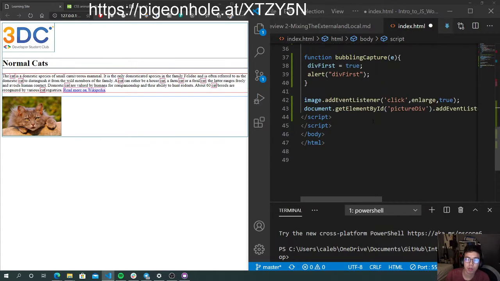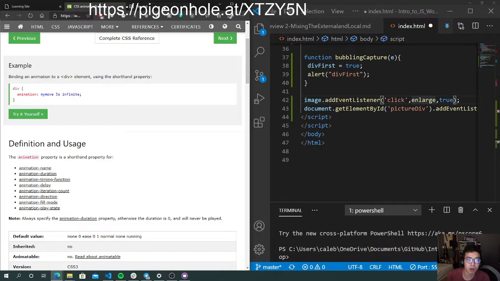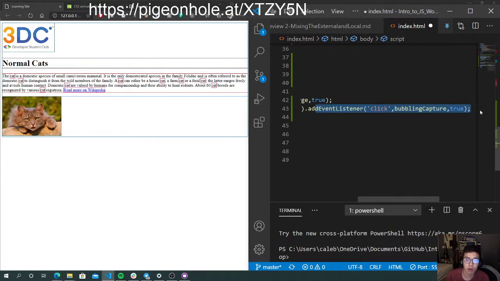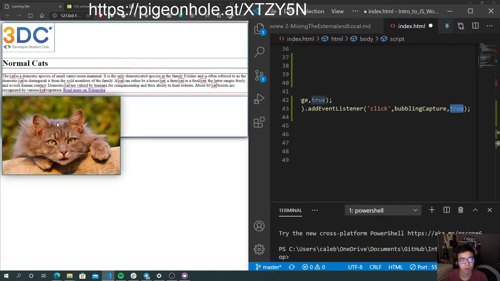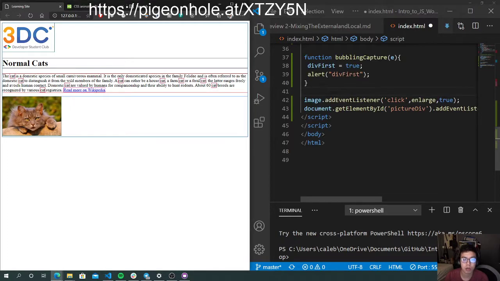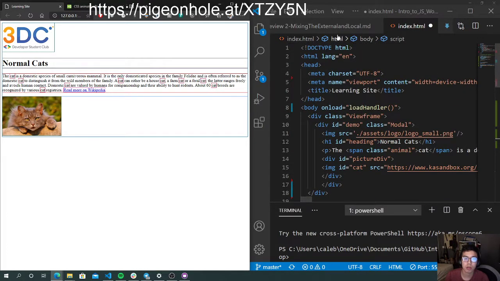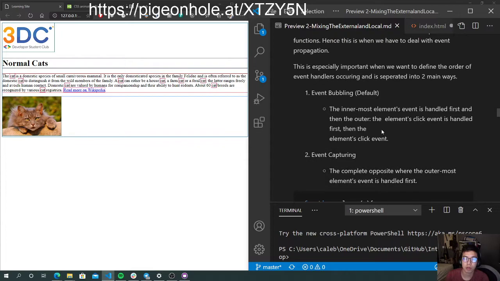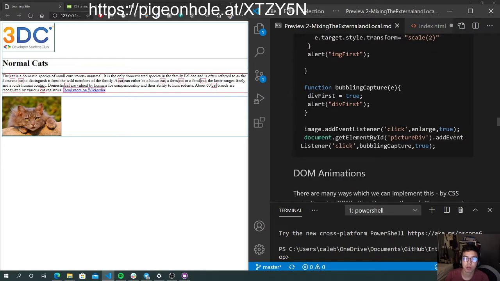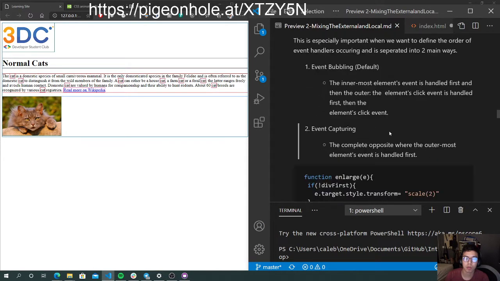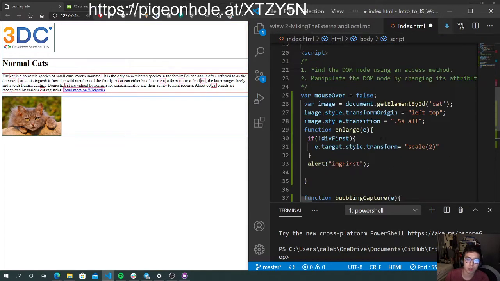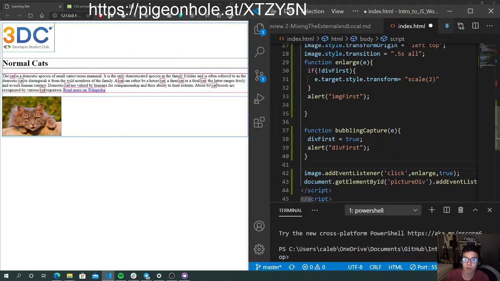Alright. So if you set it to true, this makes it event capturing, right? If you set it to false, it makes it event bubbling. Wait, is the default true or is it false? Actually, that's fine. I can't remember. It's false, right? Yeah. Sorry, the original default is false. So that means if we set this to false,